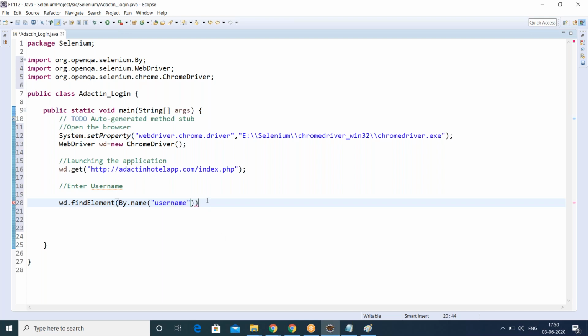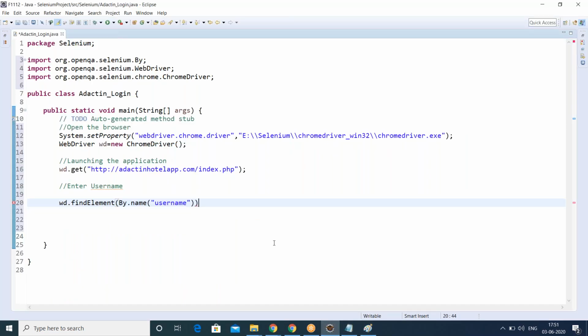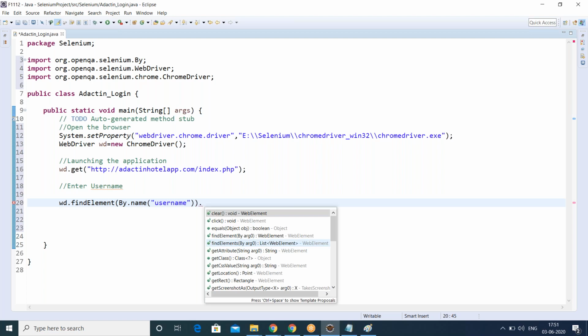Now your web element was identified, but we have to give some input value to this. Whenever you want to give some input value to a text box, what is the method name that we are using, guys? Send keys.